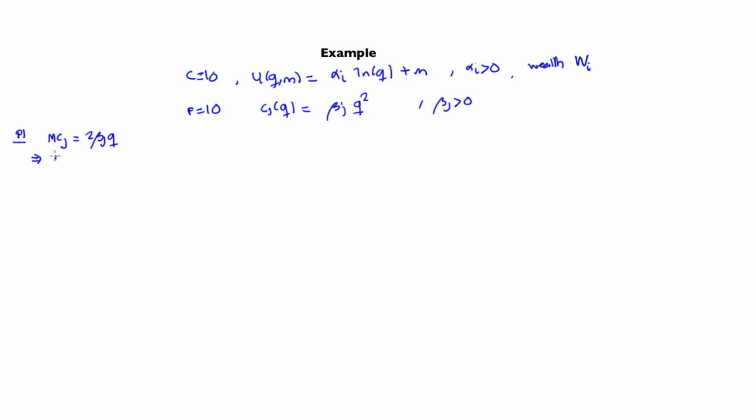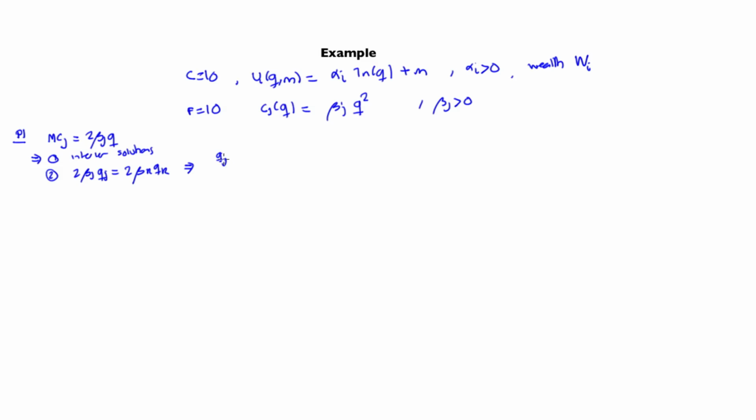So this implies first interior solutions, and then we know that at interior solutions the marginal cost has to be the same by property 1. So we know that 2 beta_j q_j is going to be equal to 2 beta_k q_k, the marginal cost of firms j and k has to be the same, which implies that